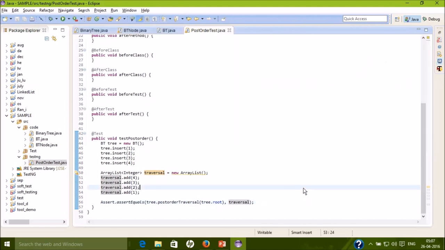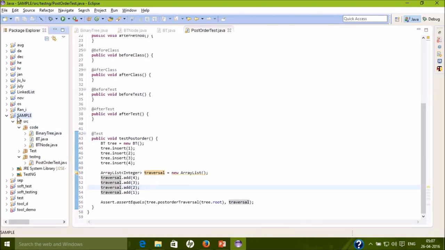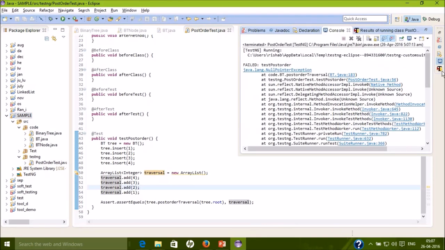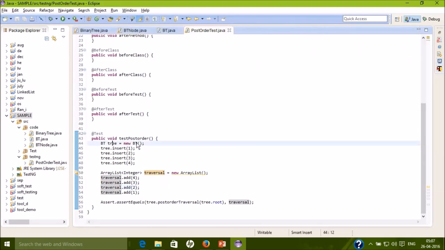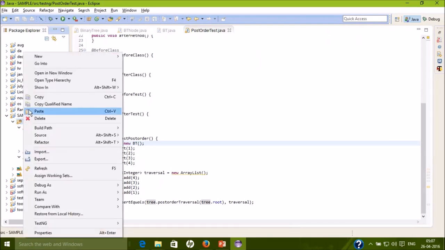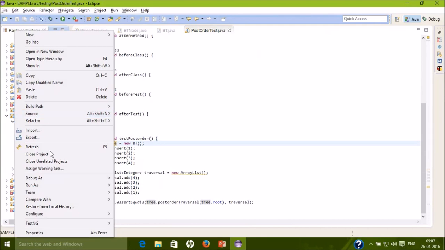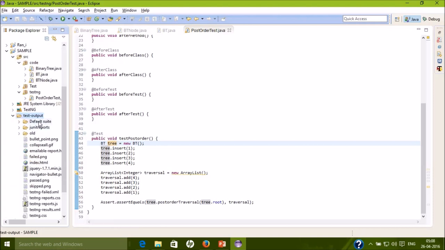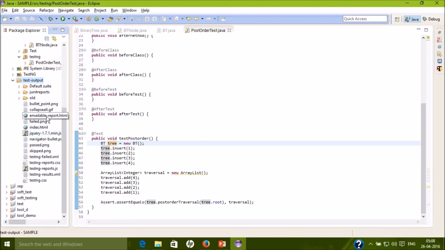And one thing more which I forgot to mention before is that TestNG creates more detailed reports. Here what we see in the console is just the basic things. So TestNG generates a more detailed report, and for that it automatically creates a testng output. We'll have to refresh the project, and you see this is the folder that is created by TestNG, and this is the test output. And over here we have this emailable report.